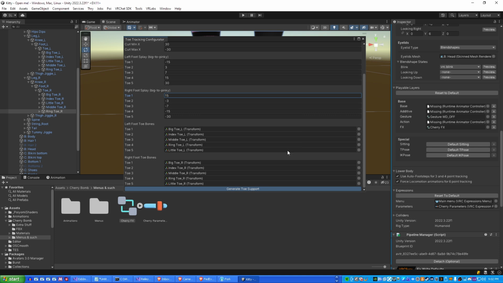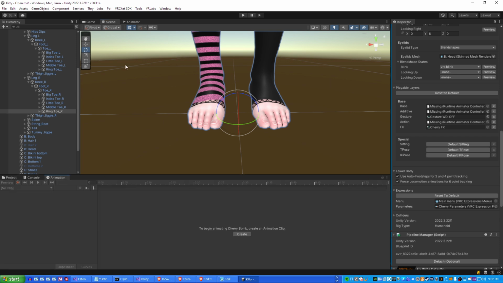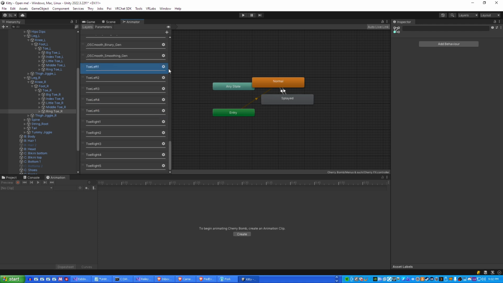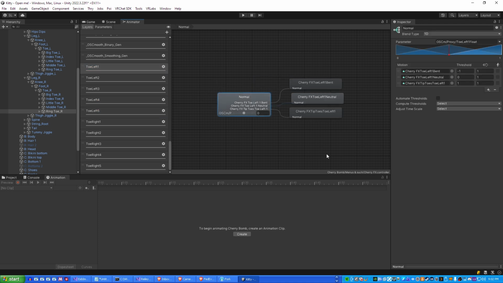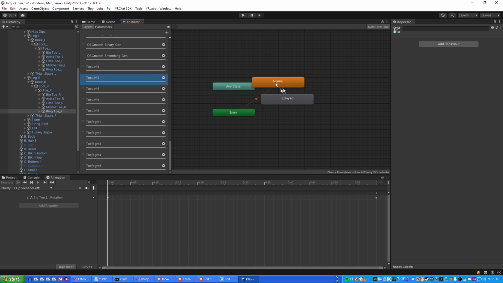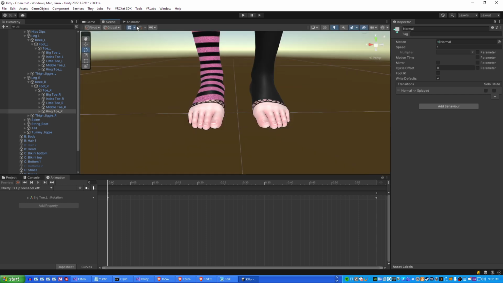Alright, so the avatar now has toe support. So if we go to the animator, and we go up here, you can see that it has automatically generated all these animations and blend trees and added it to our animator. We don't have to do anything to these. I'm just showing you the work that it's done for us. So we can go back to the scene,